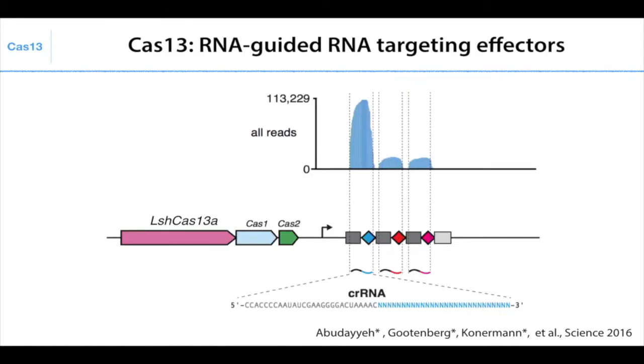So when we find a new CRISPR system, like a Cas13 system, the first thing we do is we try to put it into a genetically tractable host. Cas13 is found in a bacteria called Leptotrichia shahii. And it's a bacteria that's hard to grow and it's also difficult to genetically modify. So rather than working in that native host, what we do is we synthesize the entire CRISPR system from that bacteria, transplant it into E. coli, and then now we have a system that's much easier to experimentally modify.